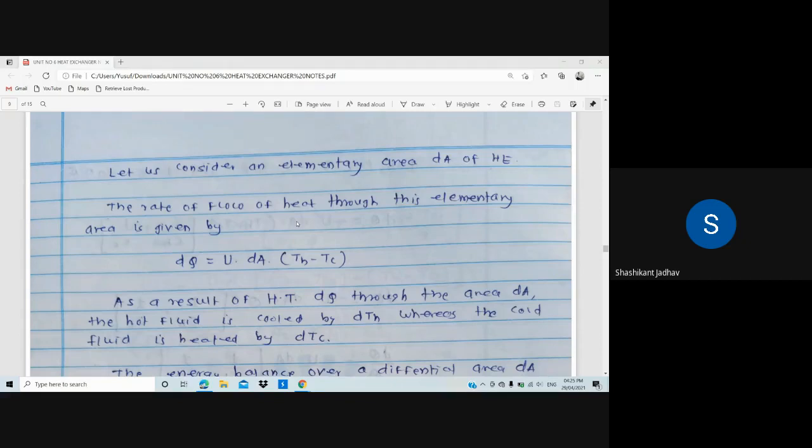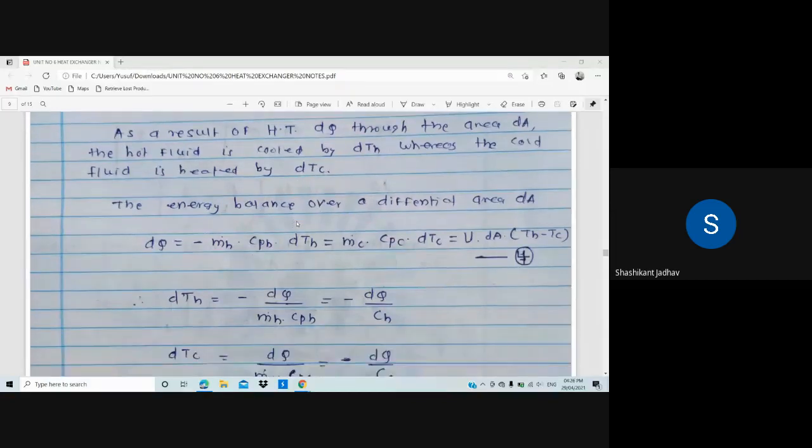As a result of heat transfer dq through the area dA, the hot fluid is cooled by dTh, whereas the cold fluid is heated by dTc. समजले, हॉट फ्लुइडचं टेम्परेचर कितीने कमी होणार आहे, dTh, ते जे आपण डायग्राम मध्ये मेन्शन केलेलं आहे तेवढं टेम्परेचर